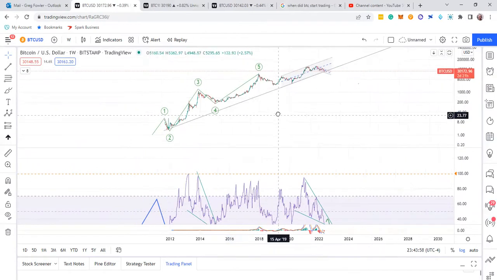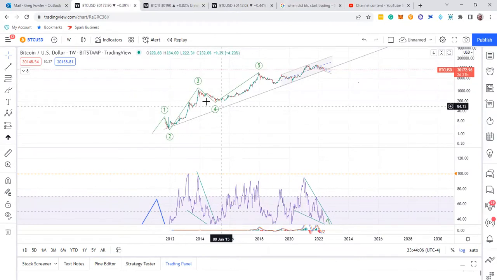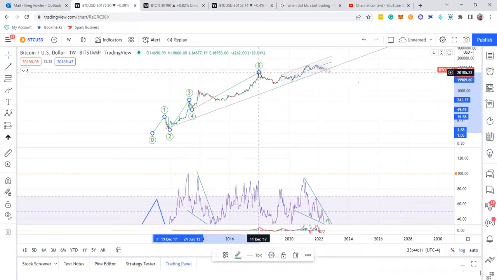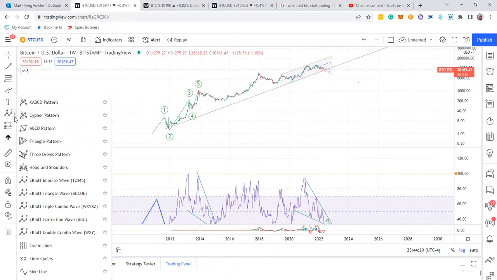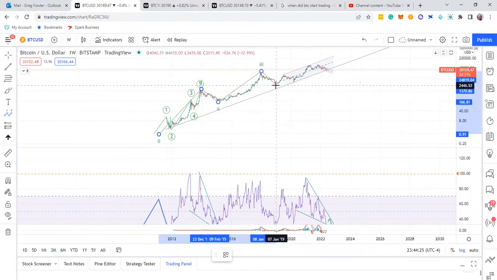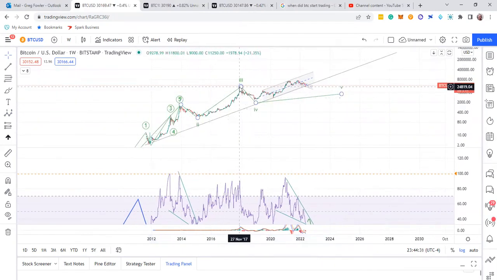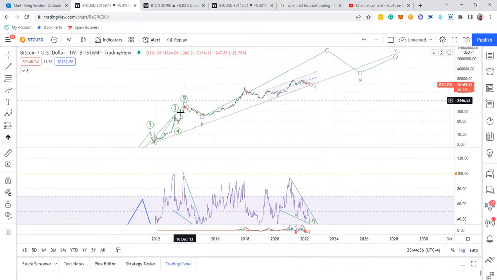Now, the only other option to label this that I would agree with makes it even more bullish, in my opinion, but I don't think that this is the count. So you could go like this, 1, 2, 3, 4, and you could call that a 5. And then this would be 1, 2. And that cannot be a 3. You could not go like this, 1, 2, and that's a 3, and 4 and 5. You could not label it like that. If you want to have your count like that, your wave 3 is way over here, up here. It's coming, it's in the making.